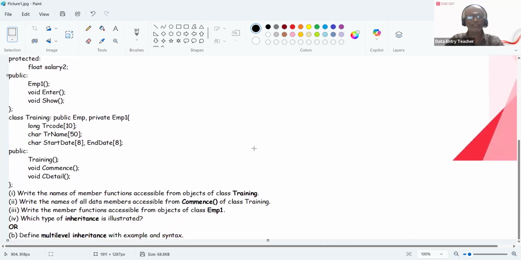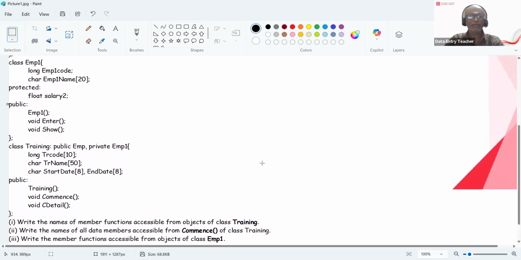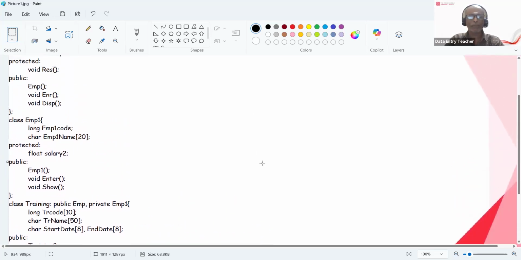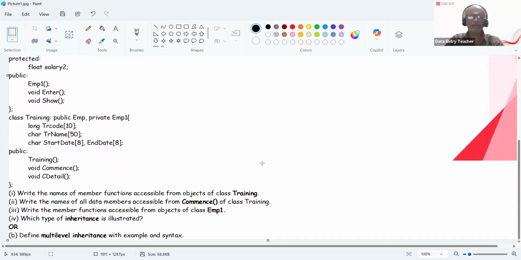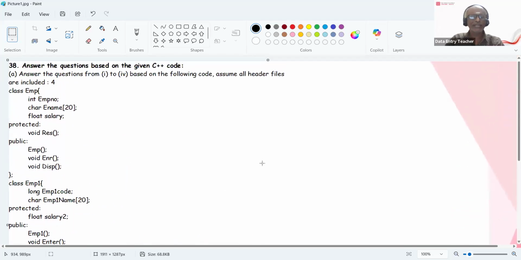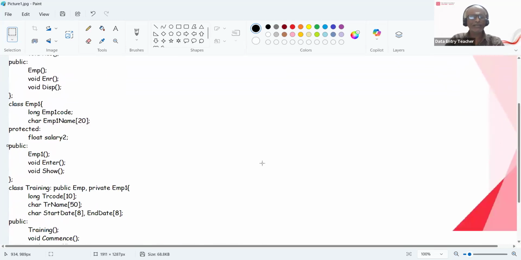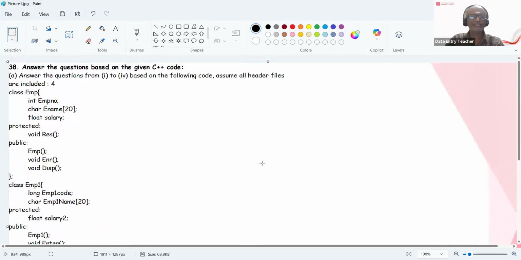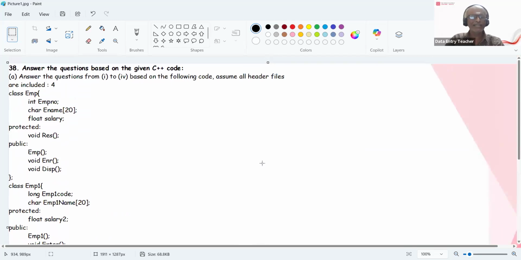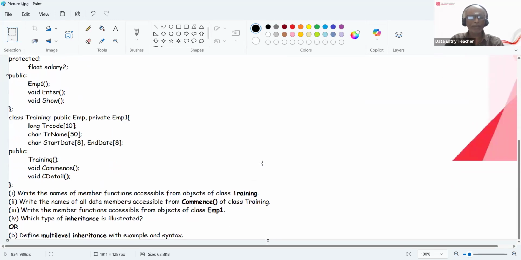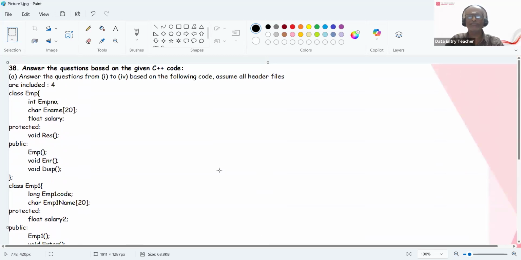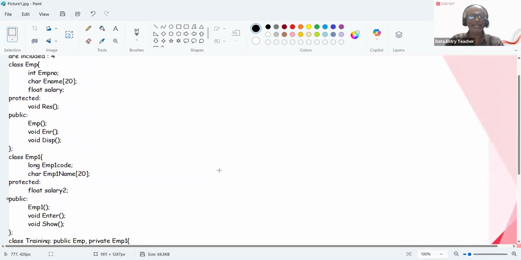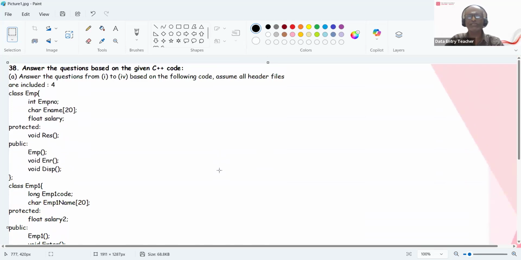Now write the names of the member functions accessible from the objects of class training. Training inherits EMP as public and EMP1 as private. So private members cannot be accessed by the objects of class training. So it can access the public member functions of EMP. Member functions are asked, so there is no necessity for data members. ENR and display are the member functions of EMP, and because it's public,